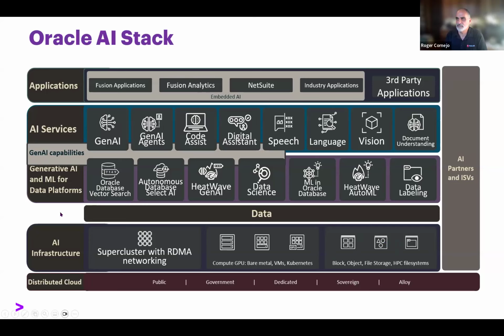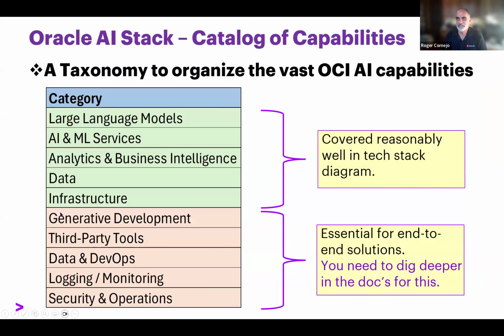One thing though, I did tell you that I was interested in taxonomies. So I built a taxonomy to organize these vast OCI AI capabilities. So those few at the top that are in the sort of light green, those are covered reasonably well in the tech stack diagram. But there's also a lot of other capabilities that ultimately you will need to know about, at least some of